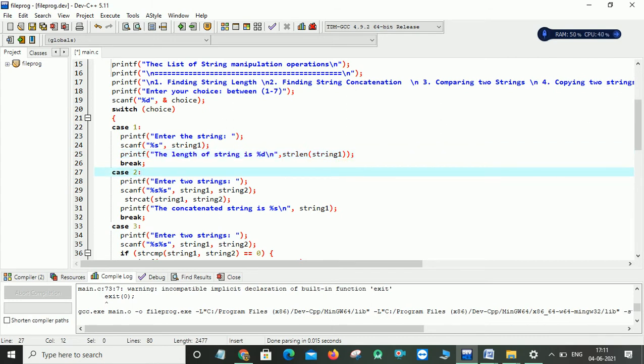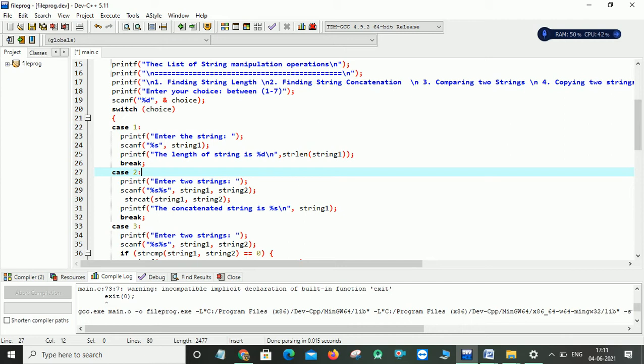In case 2, I'm trying to implement finding the string concatenation. For concatenating strings, at least I need two strings, right? Concatenation is nothing but adding the second string at the end of the first string.